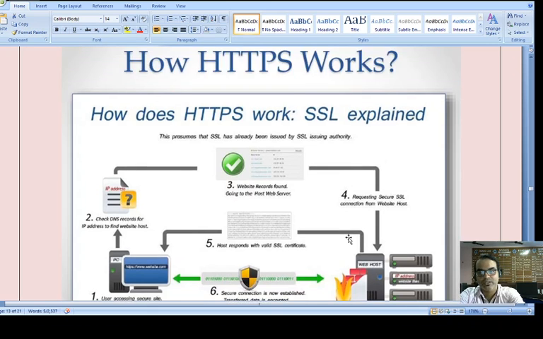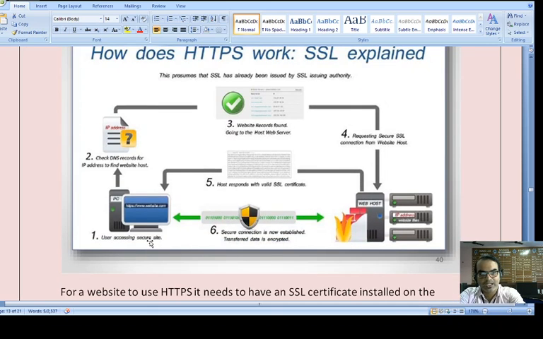Let's understand. Firstly, I need to access a secure website. When I, as a client, request that website, first of all the DNS record will be checked for an IP address to find the website host. Let's assume I request www.google.com.